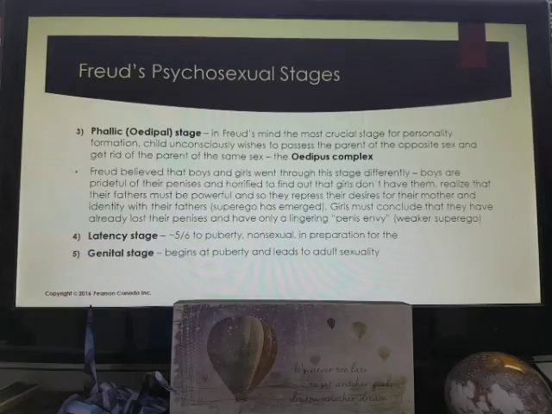So Freud had to come up with another theory about what might be happening during this stage of development for females. He said that girls, because they don't have penises, must conclude that they already lost their penises, and therefore they're left with only a lingering sense of penis envy. They are upset and jealous because they don't have penises. And because they didn't have to go through that process of determining their father was powerful and identifying with him, or in their case, determining their mother was powerful and identifying with her, they develop a much weaker superego than the males would.